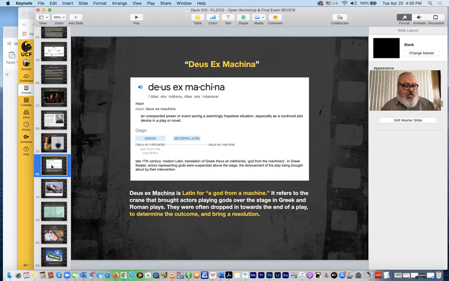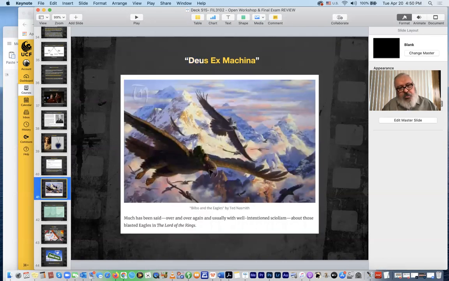And so that is said to be the mark of a lazy writer, when you have to come up with something at the last minute. Oh, by the way, this thing is going to save the day now, when we think all is lost. And the most common example of the ex machina theory put forth is the eagles at the end of The Lord of the Rings. And so we have this epic tale of Frodo and Sam going through Mordor with the